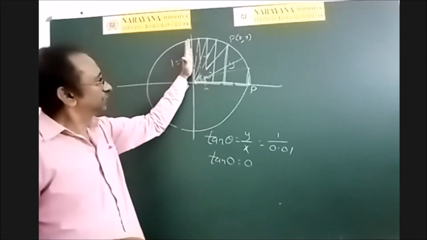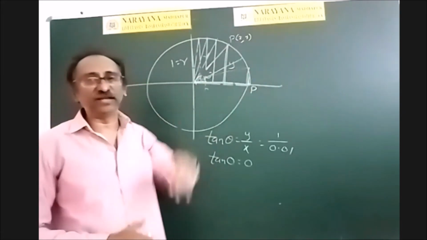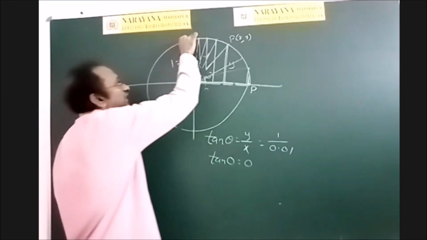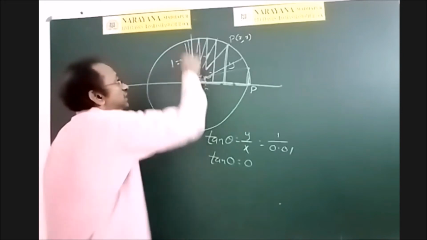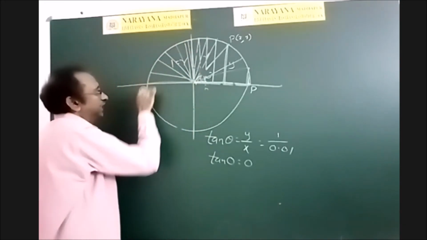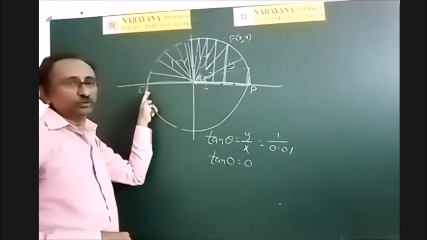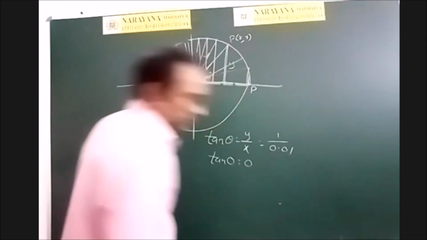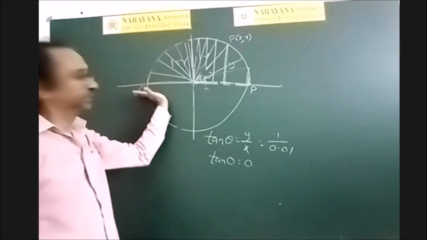But immediately, if you see in the second quadrant, tan 90 is not defined. That's why tan 90 is not defined. In the second quadrant, tan is negative. So very, very least values here, minus infinity values, minus 1 lakh, minus 1 crore like that. From that again values are increasing. Here again you will get 0. So the value increases from minus infinity to 0. Like that, the values always increase, but here 0 to infinity, here minus infinity to 0.